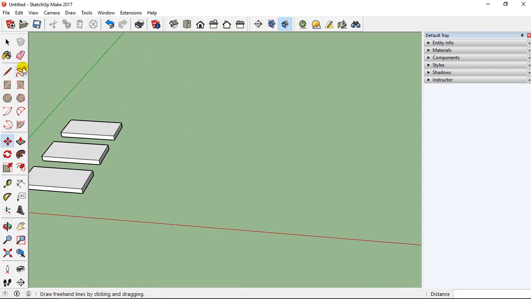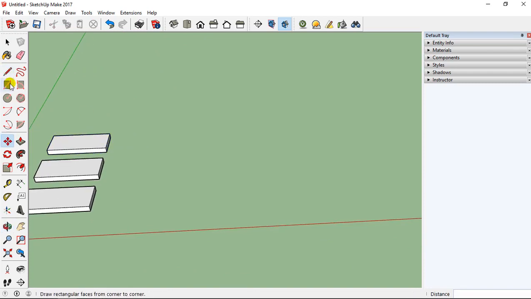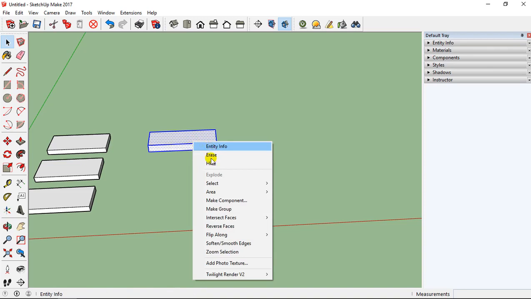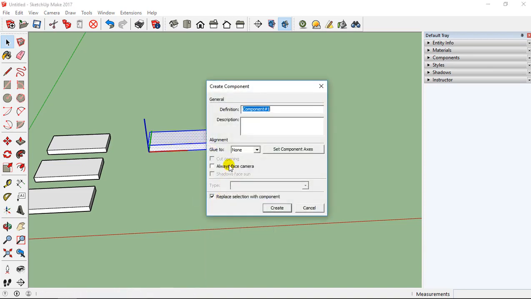Now I'm going to do the same work on the right, but with a component. So I'm going to create a rectangle like this, then the push-pull tool, like that. The thing that I'm going to do is to create a selection, right-click, and make component, like this.